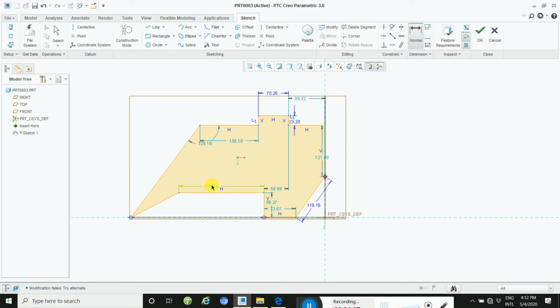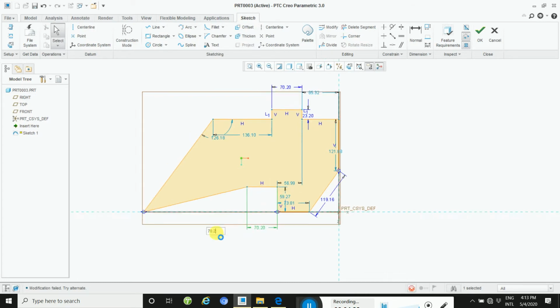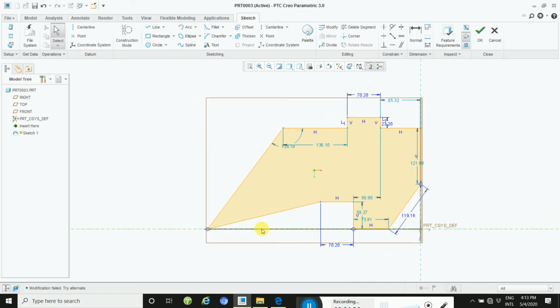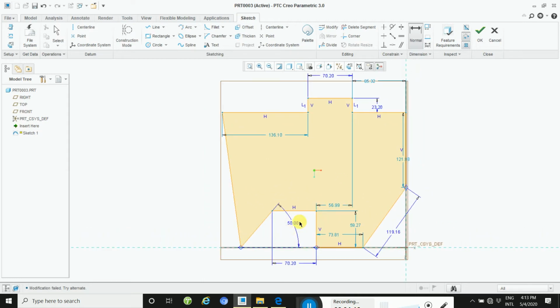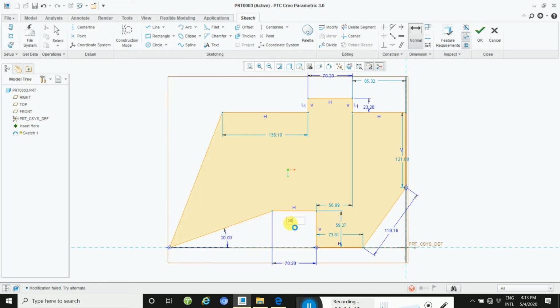Okay, and then this dimension is here, this dimension, drag and drop. .2. Okay, this way, and then angle is not here, but you will take this. How to take an angle? Go through the normal, then click this construction line, then click this line, and then again click this middle and take this dimension, take a 50 degree. Okay, it's more 20 degree, it's enough.